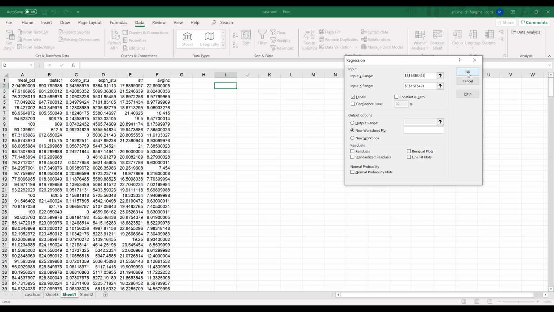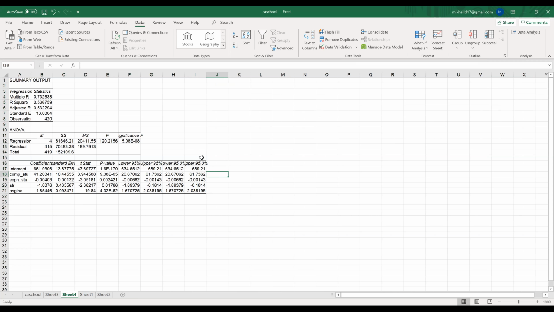Let me do this again real quick. C1 all the way to 421. Let's see. Okay, it worked now. Good. So now we are fine. So this will be our